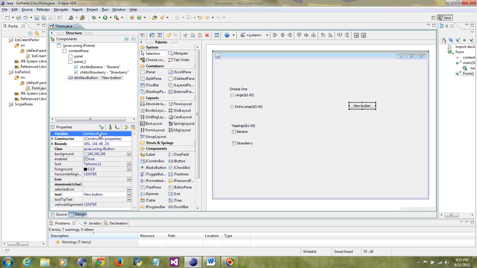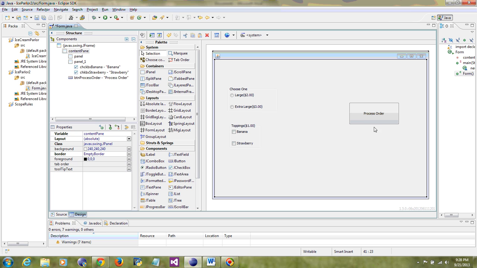I'm going to call it BTN process order, and change the text property also to same thing, process order, and hit the enter key. And notice it's not showing all of it, so we're going to make it bigger this way and that way. Okay,